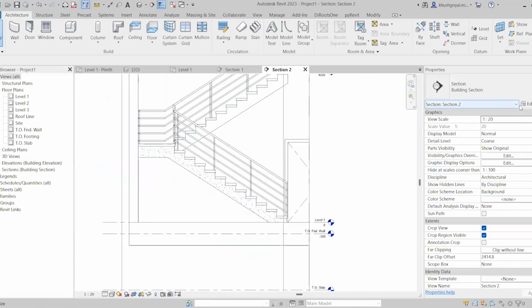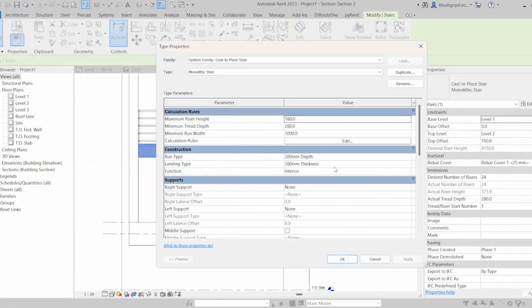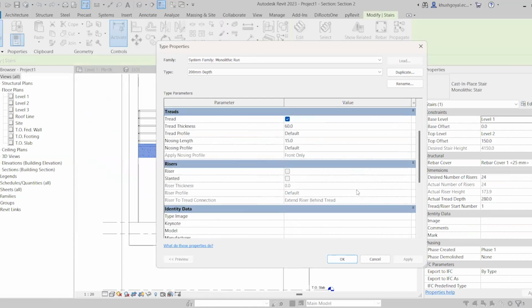Okay. Now I'll select this and I'll go to edit type again. And I will select this front type again. Now I want to change something in risers also. So I will select the riser and I want all my risers to be as slanted. And I will give the thickness as 15